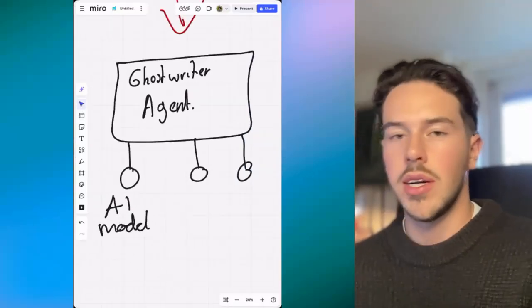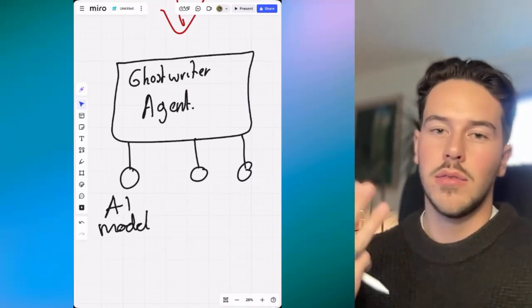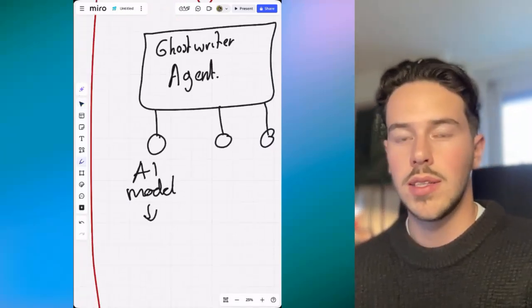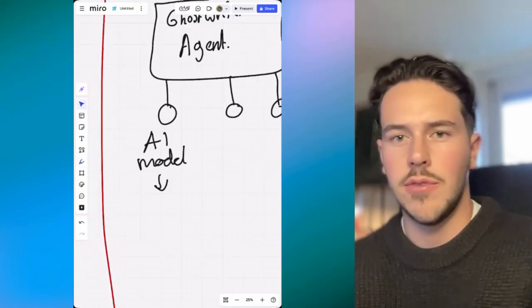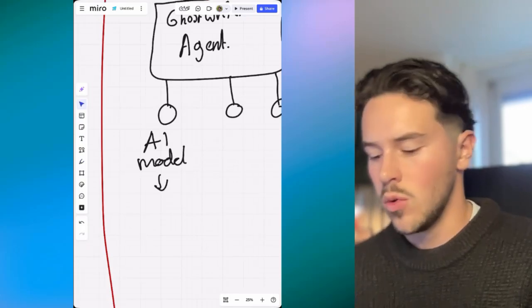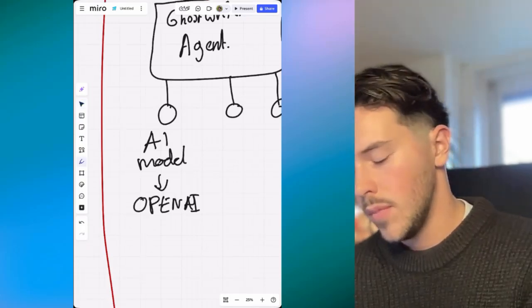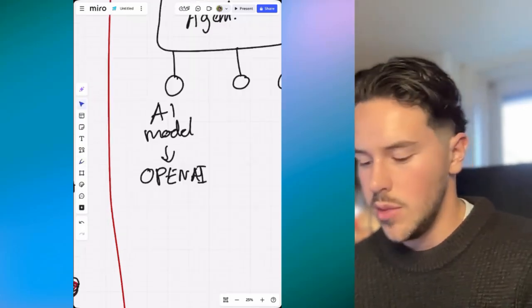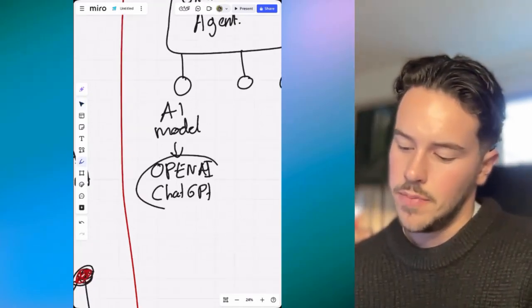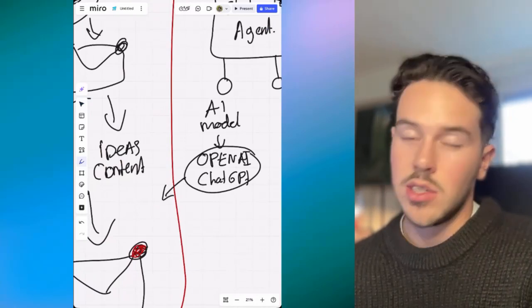So for a Ghostwriter agent, for example, we got three parameters. It's the AI model. Which one do we want? And we can choose between different models, obviously. The most known ones are OpenAI. You know, there's ChatGPT. But even ChatGPT has different models, as you know, it updates regularly.